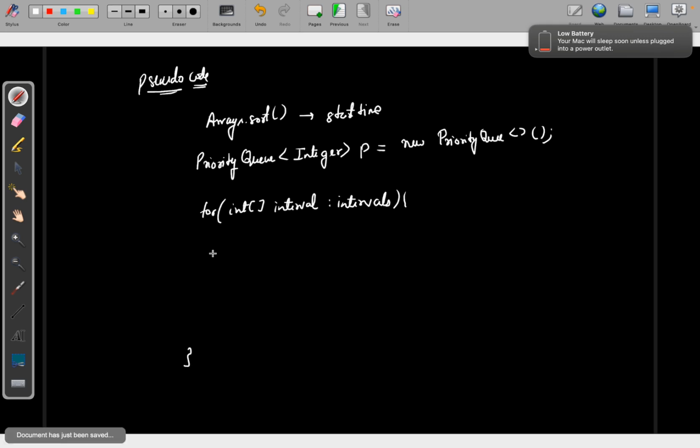Okay. So now first of all, the priority queue should not be empty. So if my priority queue is not empty, and my priority queue peak is less than or equal to the interval's start time, or basically if I say starting time is greater than or equal to end time, right? So the interval's starting time, that is index 0, if it is greater than or equal to the priority queue peak,